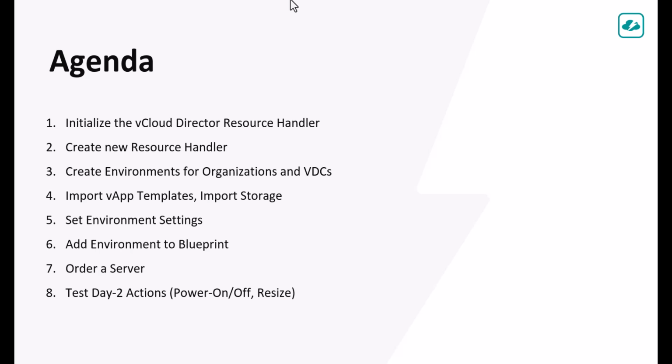This is just the agenda we're going to run through. First, we're going to show you how to initialize the vCloud Director Resource Handler. Then we're going to walk through the process to leverage your credentials to connect to that endpoint. Then we're going to go through the process to create environments for organizations and VDCs inside of CloudBolt. Then we're going to go through just kind of the configuration settings all the way from step 4 to 6,